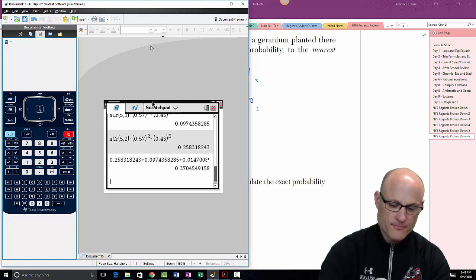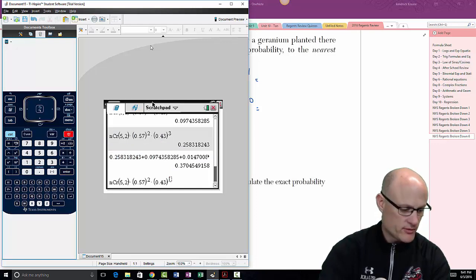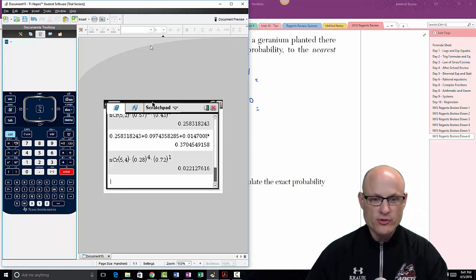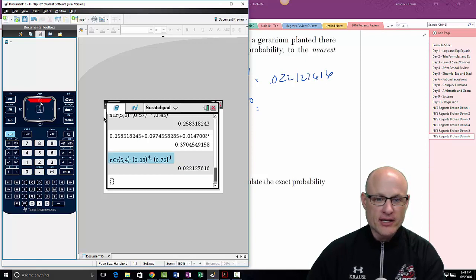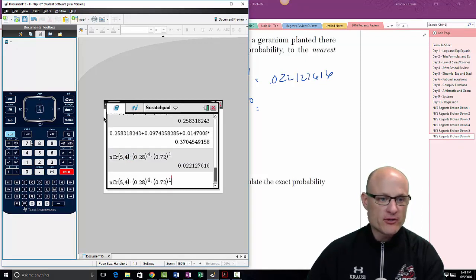Okay. Let's try this again. What I'm going to do is I'm going to go up here, hit this one. All right. So backspace. This is to the 1. 7, 2. This is to the 4. 2, 8. All right, so who got it? 0.2022, 127616. So we want that same thing again, but now we're going to do this to the